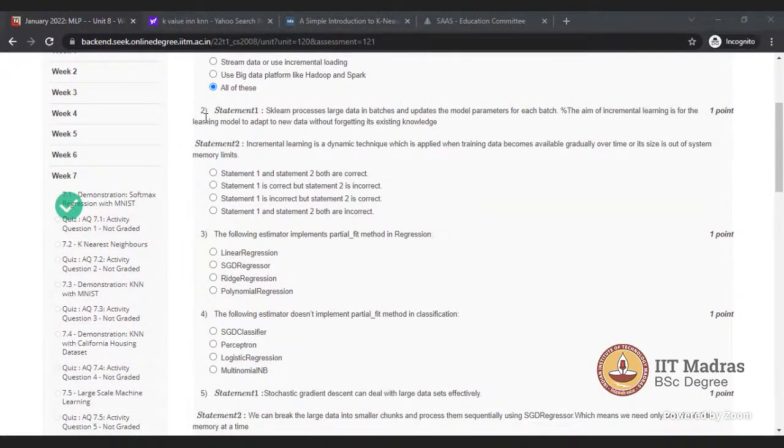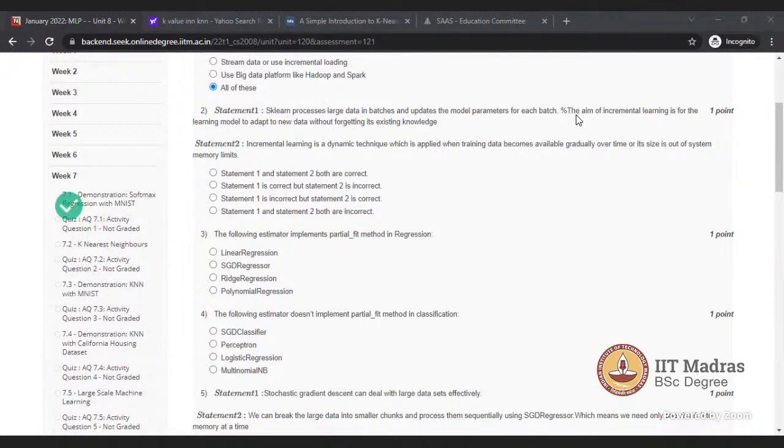In the second question, we are reading about SGD, which processes large data in batches and updates the model parameters for each batch. The aim of incremental learning is for the learning model to adapt to the new without forgetting. I think the percentage is extra.